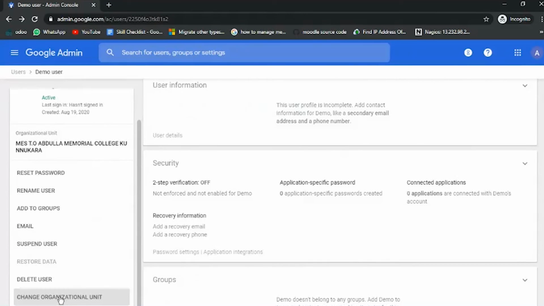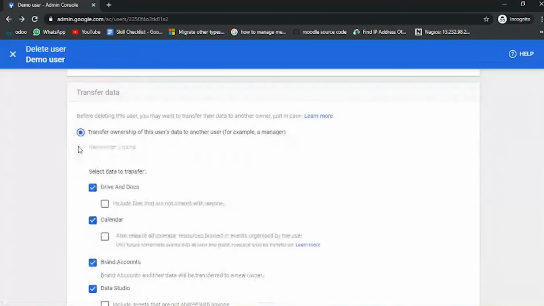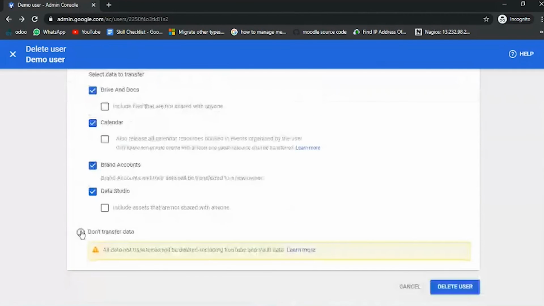And last, if you want to delete the user, you can select the delete user option, and here it asks some options like transferring ownership of this user's data to another user. If you want to transfer this user's data to another user, you can select this option, or else you can select don't transfer data.